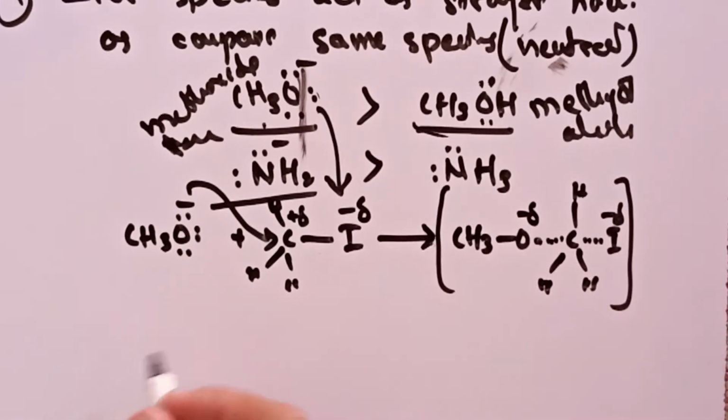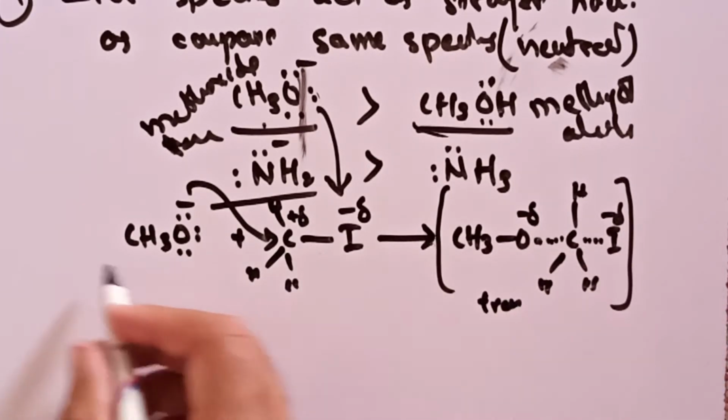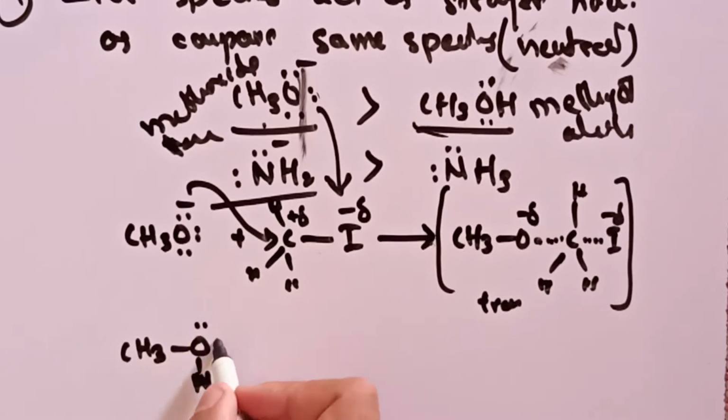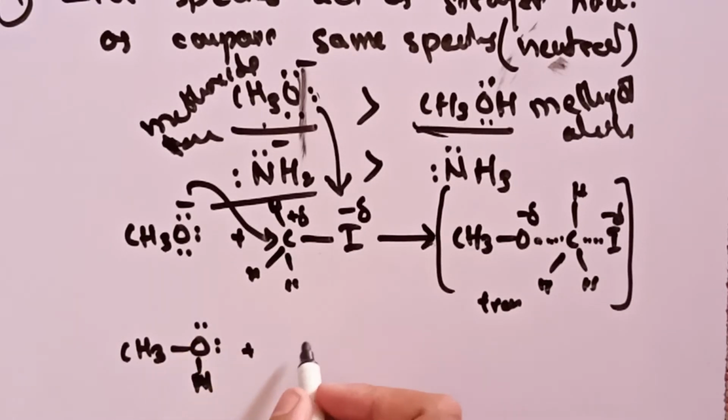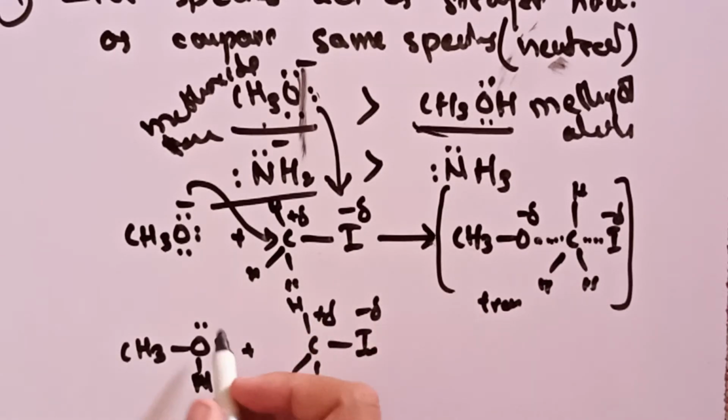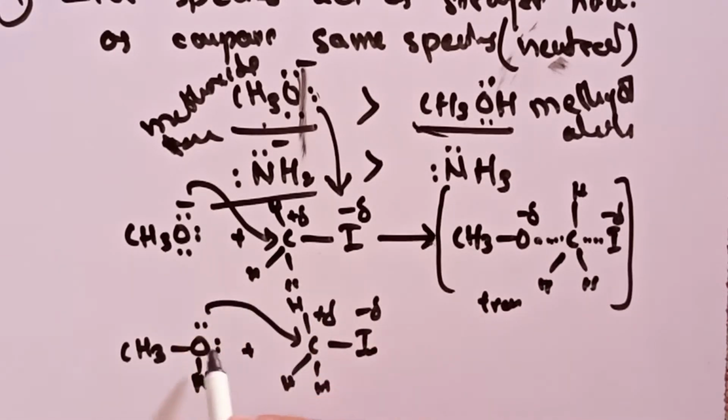But in case of this transition state, it is the state of the methoxide ion, while in the other case there is methyl alcohol, or you can simply say methanol. In case of methanol, there are two lone pairs of electrons, and when they attack any electrophilic carbon, it is the same situation. The iodine has a partial negative charge while carbon has a partial positive charge. This lone pair will attack this carbon, which is the electrophilic carbon, so the transition